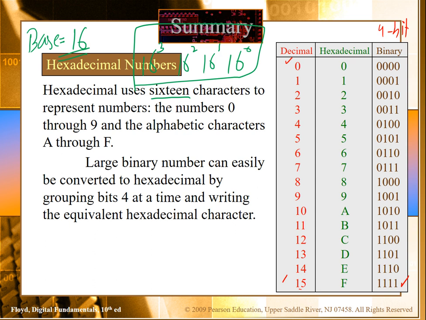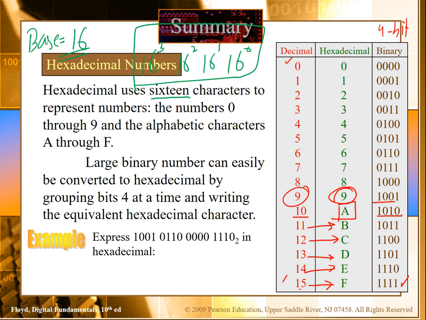In the hexadecimal number system, till 9 we follow the same pattern. Like the binary 1001 is 9 in the decimal system, and it's 9 in the hexadecimal system. Then 1010 is decimal 10, but in hexa we represent it using A. This is 10, 11 using B, 12 using C, 13 using D, 14 using E, 15 using F. So this is the nomenclature of the hexadecimal numbers. The conversion is very easy.